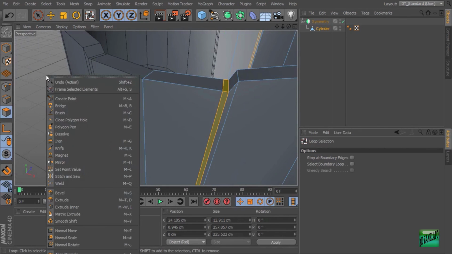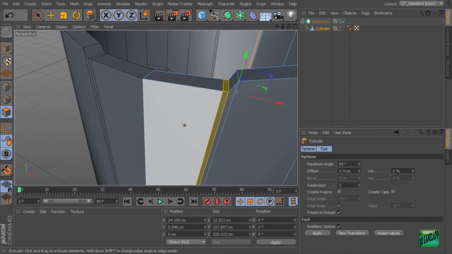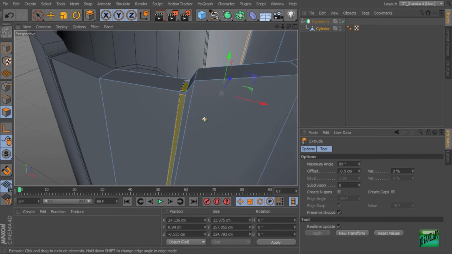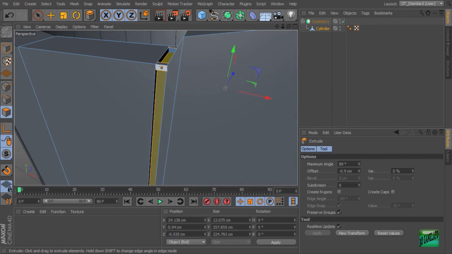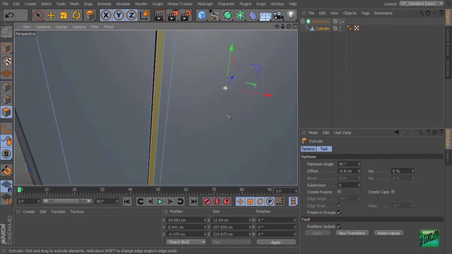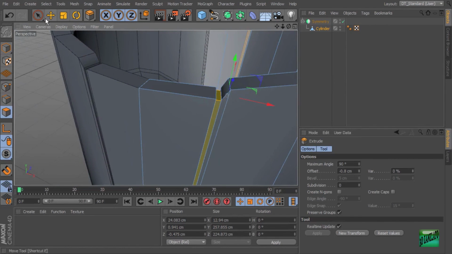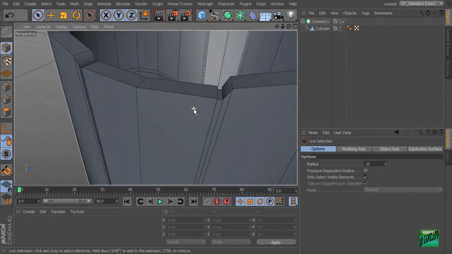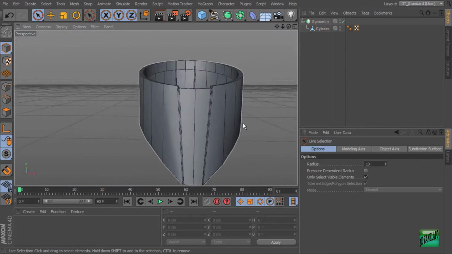Now let's do an extrude on those. Extrude, and I'm going to pull those in. Now you can see here the corners aren't really working like they're supposed to. And so what we can do is change this maximum angle up to 90, and that'll help. And then we'll just do a little bit of an offset there to create that seam. And now we've got a seam there. And we'll have to do a little bit more to make it look exactly the way that we want to,